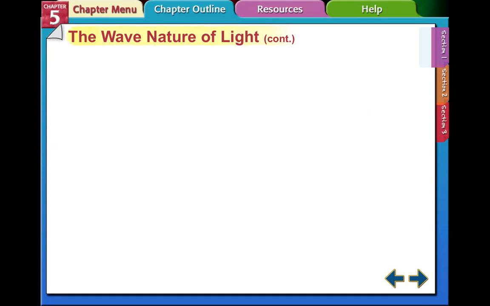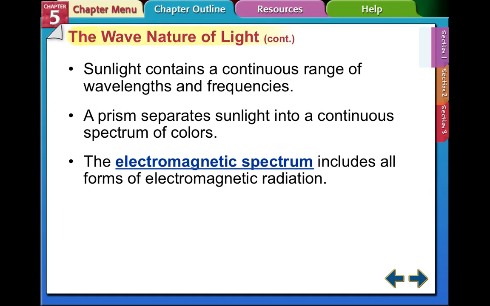Sunlight, let's go back here. Sunlight contains a continuous range of wavelengths and frequencies. Remember, the only way we can see things is because of light and because of those wavelengths. Now, I hope you guys have had an opportunity to play with a prism. If you've seen a rainbow, you've seen the evidence of a prism. A prism takes the light and breaks it down into its colors. Remember, the lights in the classroom are white lights, but that can be broken down into all colors, Roy